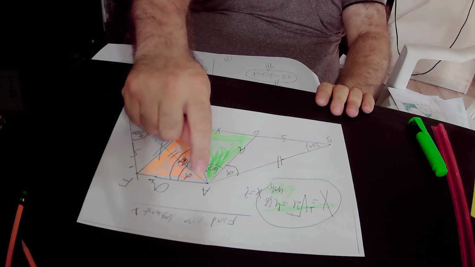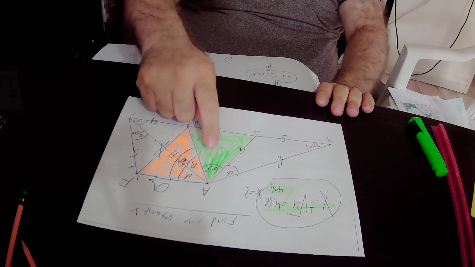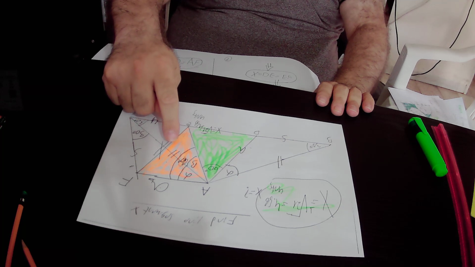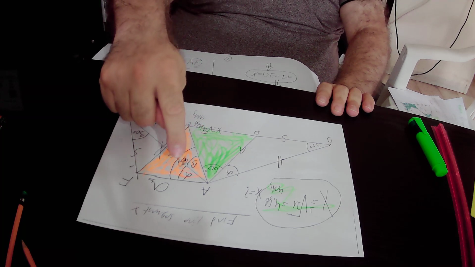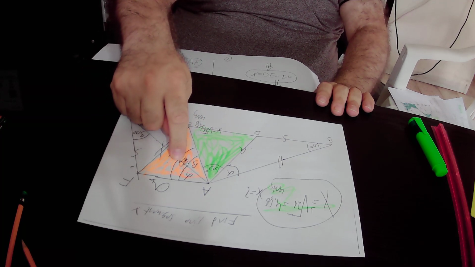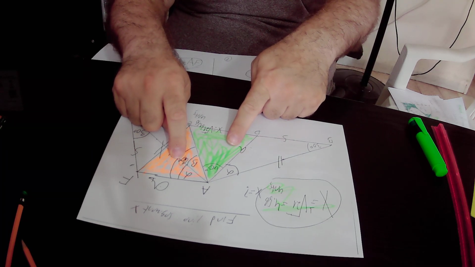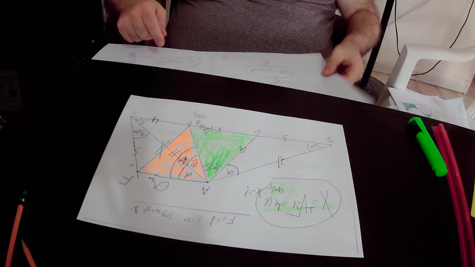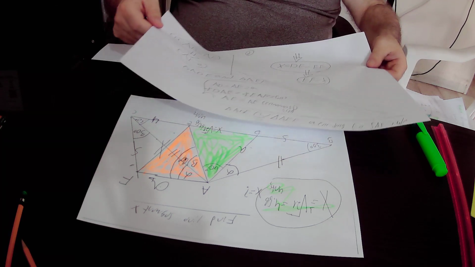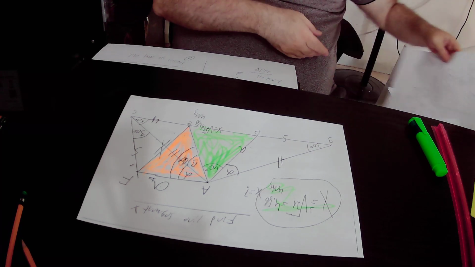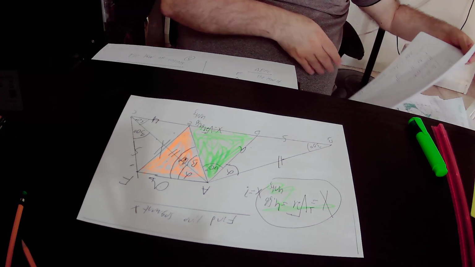Those two sides, side AD and side AF, and the angle between those two sides in the green triangle can go into side AE and side AF, and the angle between those two sides in the orange triangle. So those two triangles can go into each other according to the side-angle-side rule. And from the fact that those two triangles can go into each other, we'll conclude that